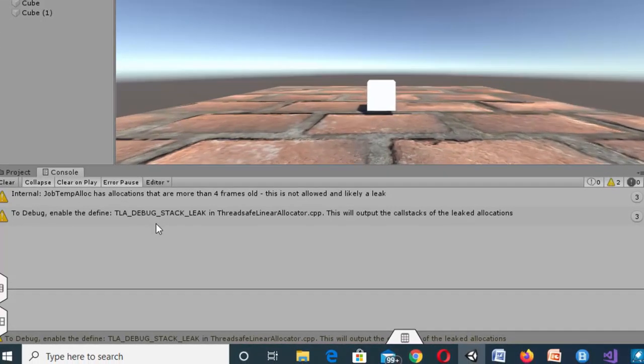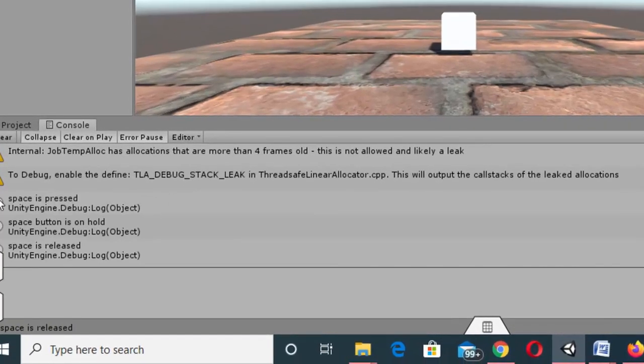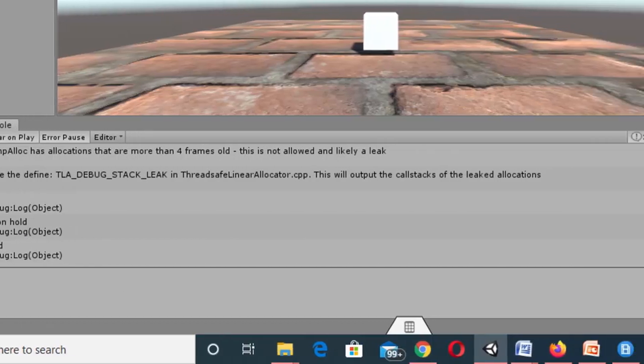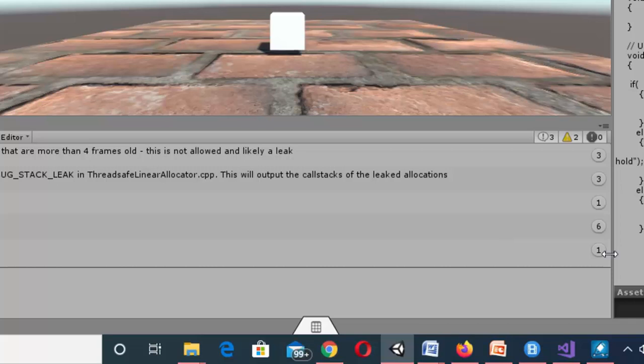Now if I press the button, you can see space is pressed 1, and during hold 6 frames have passed, and whenever I release the button it counted 1.